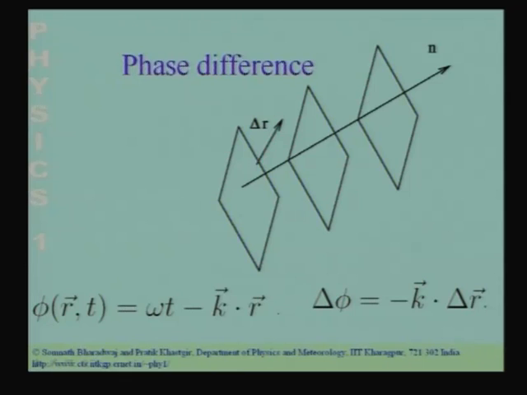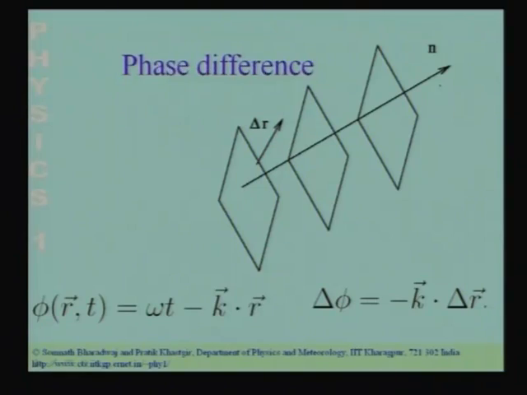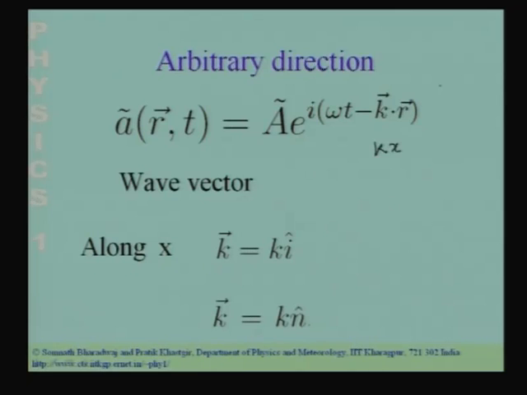I have a wave in 3 dimensions. The wave is propagating in this direction n. So, this n over here is the unit vector along the direction in which the wave is propagating. I have a wave which is propagating along the direction of the unit vector n shown in the slide. Now, let us just look at the equation representing this wave. The equation representing the wave is shown over here.